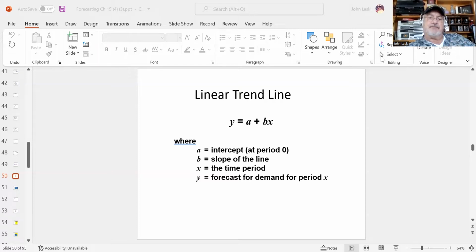Having said that, trying to forecast that next period. So Y is the forecast for the demand for that next period. We get Y by taking alpha plus beta times X. Alpha is the,